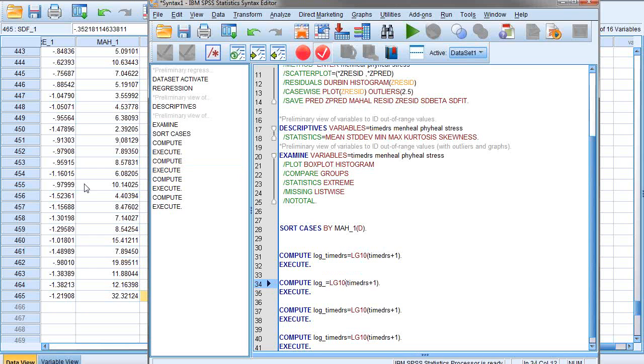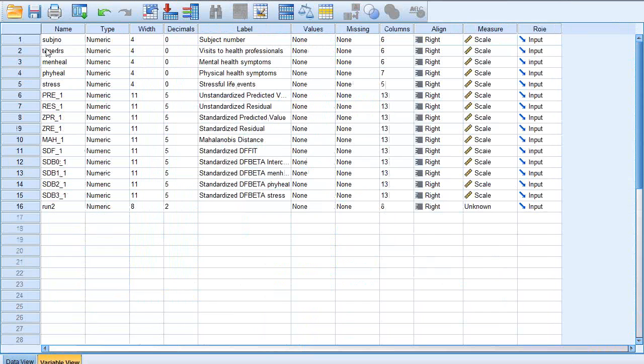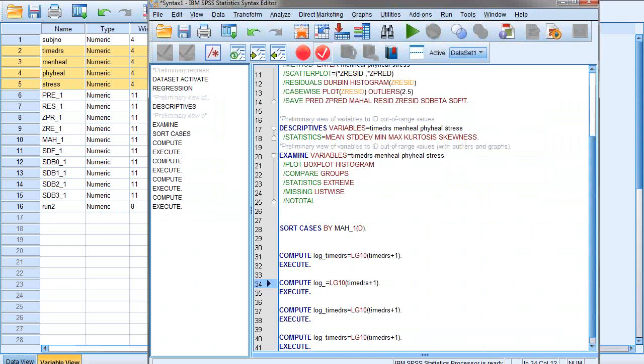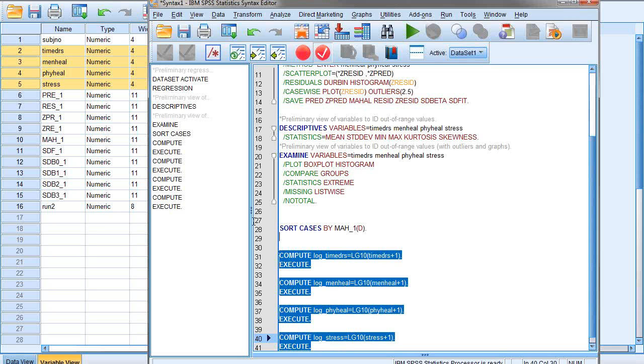So now I've got my timedrs, and my other variables are called, right? I've got these 4 that I want to transform. So I simply go in here. I want the log of mental health, so I just replace that. I want the log of physical health, and I want the log of stress. Okay, and so now